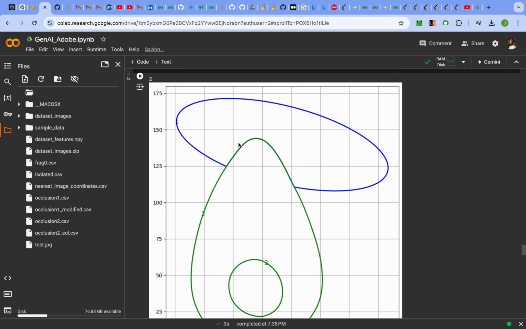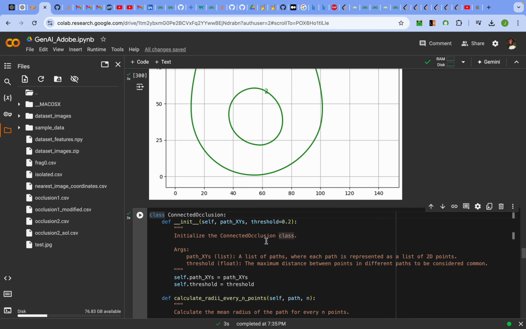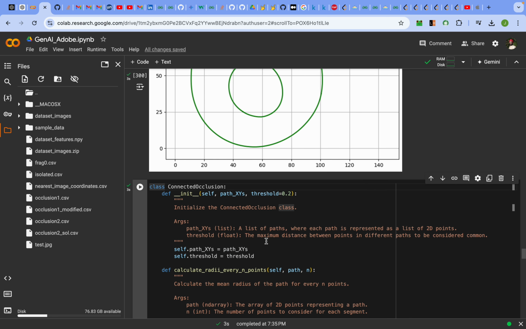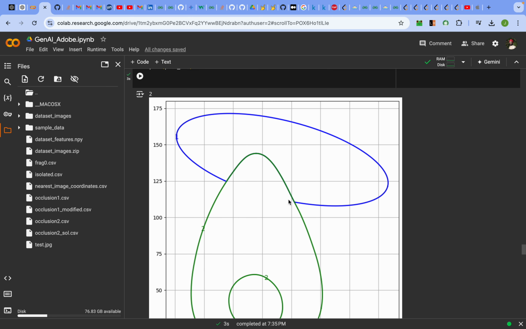Also the second part, because it merges with this, so we see a green colored line. If we plot separately, this will be the path of the first, and this will be the second part. So I have created this also in the form of classes. And what I have done is I have taken these edges of the common points in this, and I've joined